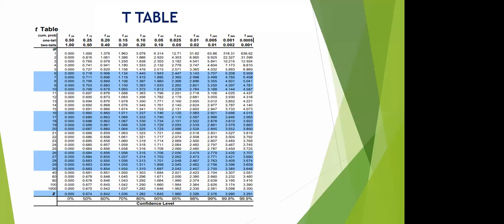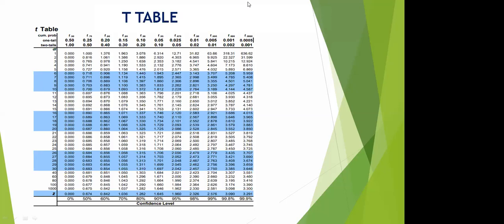for both, the values are not the same, no? If we have a one-tailed test, the value is 1.699, and if we go with a two-tailed test, the value is 2.045. Both values are different, because in the two-tailed test, the degrees of freedom at significance level 0.05 is here, and for the one-tailed test, it is here.